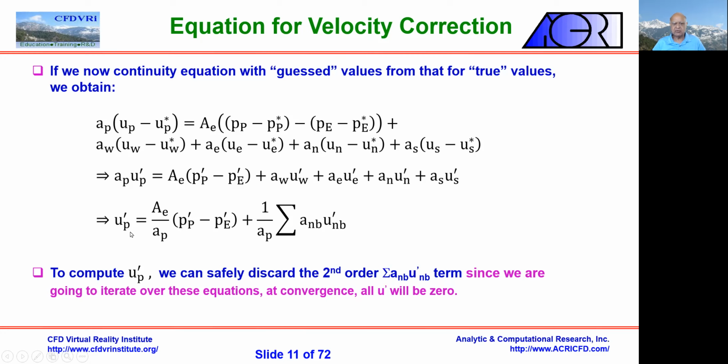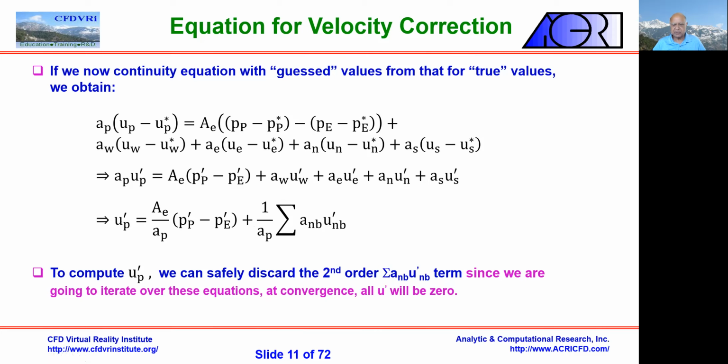So this is what it looks like. We can write this equation that the corrected pressure velocity is this function of pressure P prime PE, and we get this one, right? So we can now further say that this is a second order term. If you do an analysis, you'll find this is a second order term compared to this one here. So we can ignore it for simplicity at this stage and just say UP prime is just directly related to